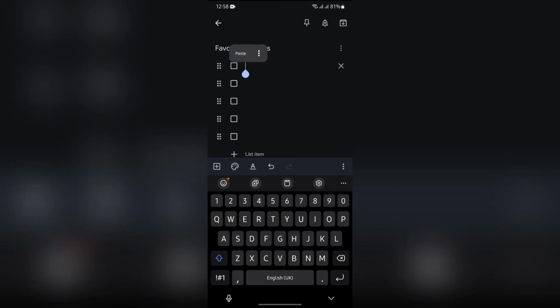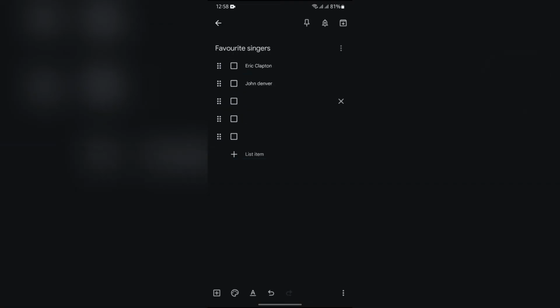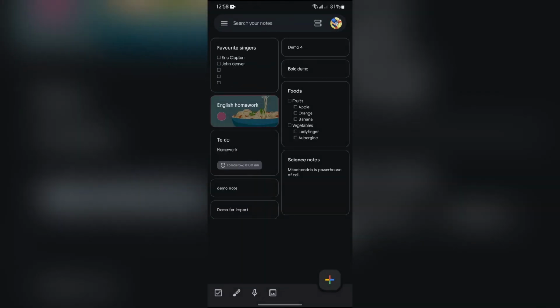Now you can make the list from this section. This way you can easily add items to your list, and after going back it will automatically save your list